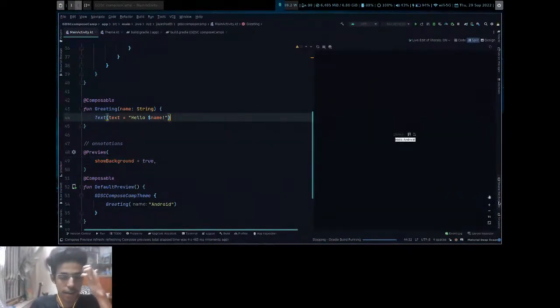And in learning the layouts, one second, it's being built.